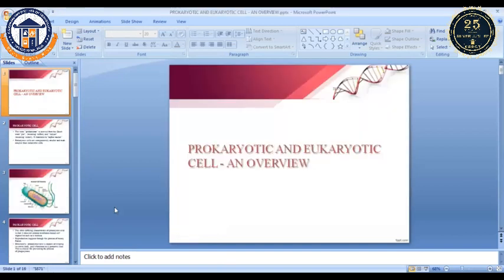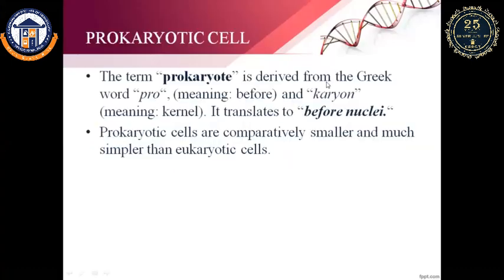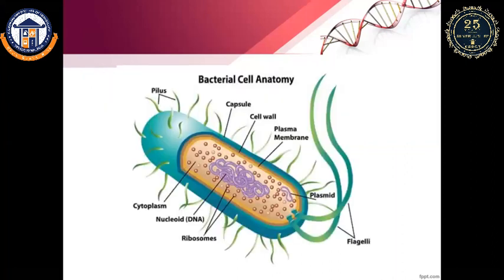Prokaryotic cell and eukaryotic cell. The difference between prokaryotic cell and eukaryotic cell. Prokaryote, in Greek, comes from the word pro, which means before nuclei. Prokaryotic cells are very small when compared to eukaryotic cells. Examples of prokaryotic cells are bacteria and archaea, and this is the outline of a